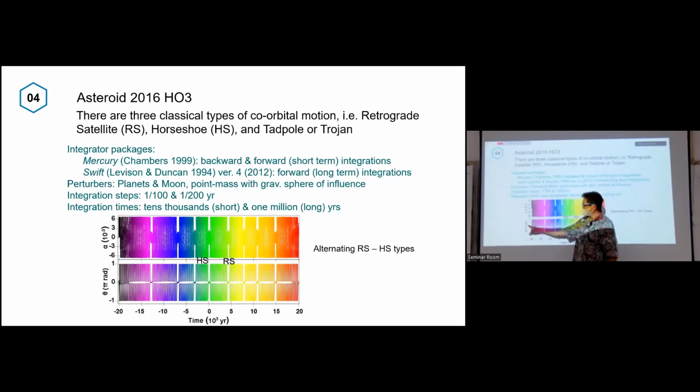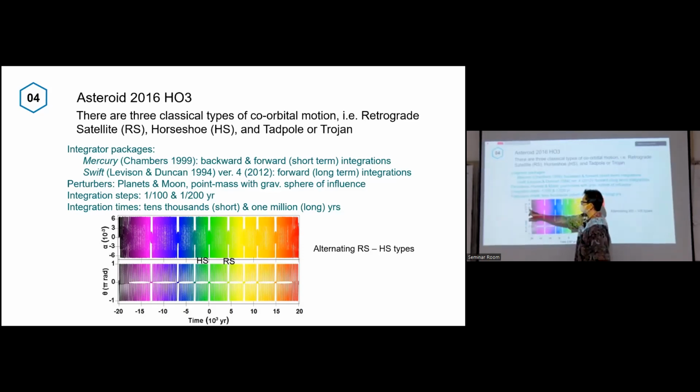Pi radian means 180 degrees, minus 180 degrees, so all of this is one circle, 0 to 360 degrees. This is the distance from the Earth, 6 times 10 to the minus 3 to minus 6 times 10 to the minus 3.